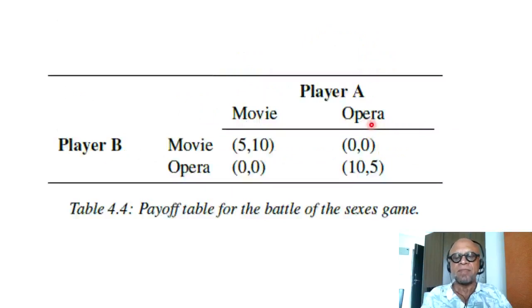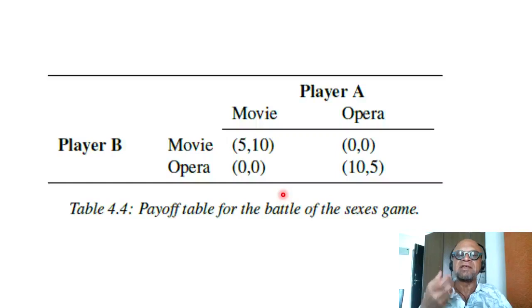If you look at the payoff table for the Battle of the Sexes game, where two people are involved, you can imagine where the descriptor Battle of the Sexes may have come from. One wants to go to a movie, the other one wants to go to an opera. In this case, you are going to the opera or the movie to agree with the other person and not being alone, or not going to the movie or the opera alone. So you make a compromise.